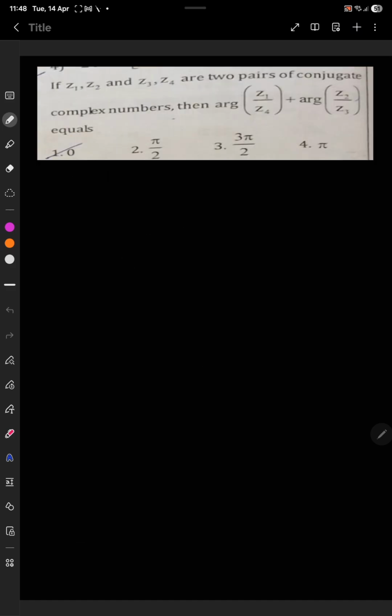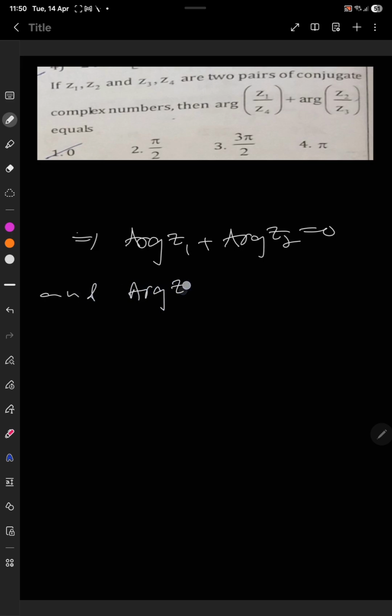In this problem, given that z1, z2 and z3, z4 are two pairs of conjugate complex numbers, then arg z1 by z4 plus arg z2 by z3. So that implies arg z1 plus arg z2 equal to 0 and arg z3 plus arg z4 equal to 0. Okay, now arg z1 by z4